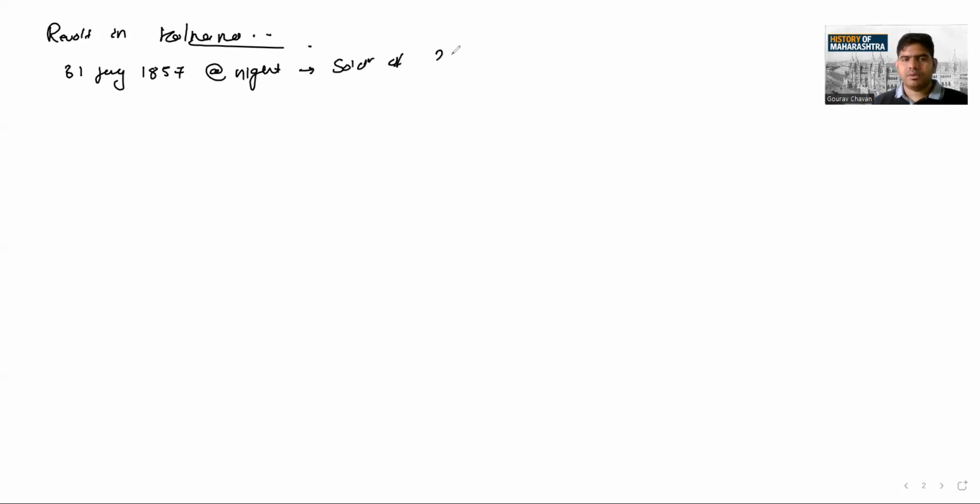Now let's move to the second revolt, that is the revolt in Kolhapur. Now what happened in Kolhapur? The 31st of July 1857 was decided as the date of revolt, and that too at night. The soldiers of the 27th Regiment decided that first they would plunder the treasuries,